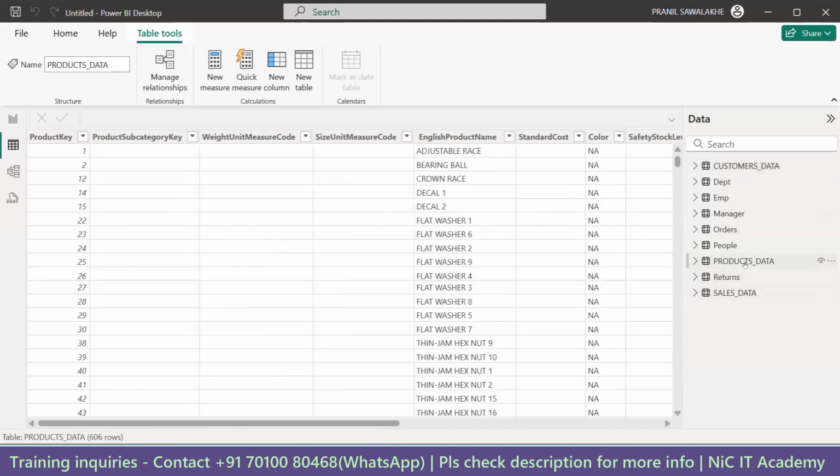Also, we have done in products data. We have converted this English product name into what? Uppercase. We can see here, right? So it is pretty much clear. Now let me tell you something here